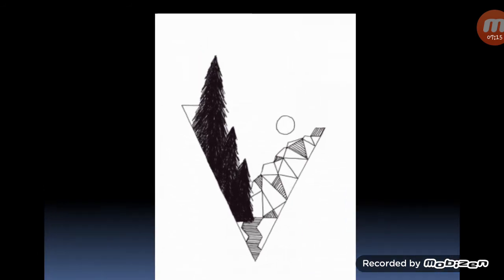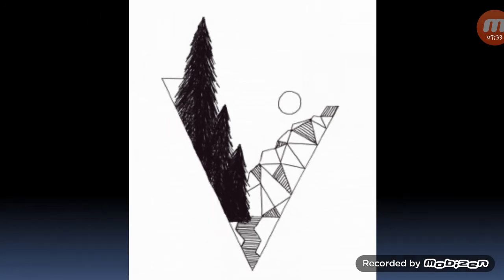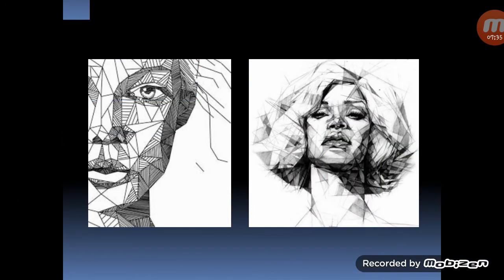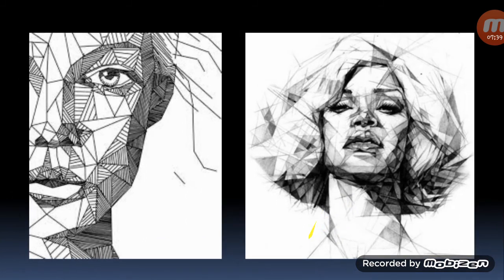You can see the landscape drawing in a very different style in geometric shapes. You can see different geometrical shapes. Examples: